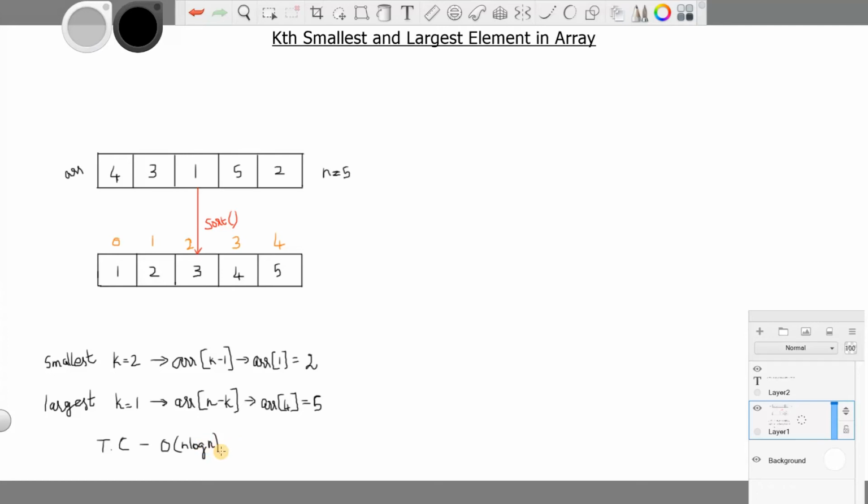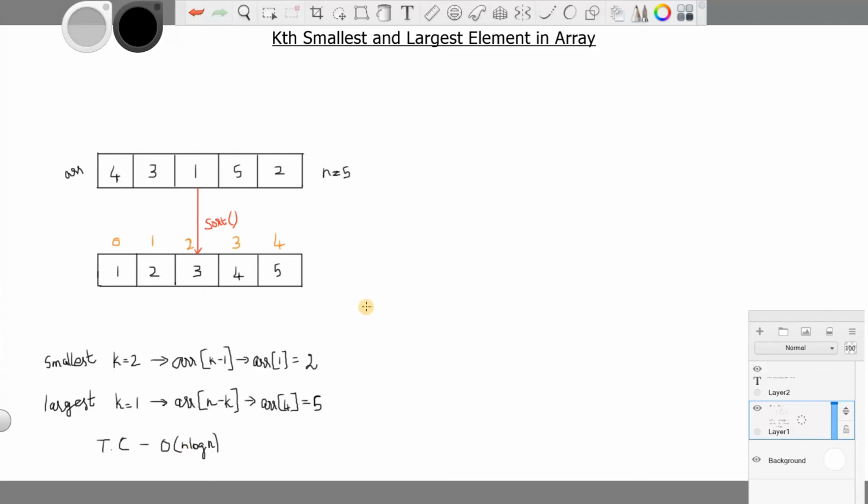This is for the sorting algorithm. Finding the element is constant time. For the sorting operation, the maximum time taken is n log n. You can also use counting sort and do it in linear time, but in the majority of cases you will be using other sorting algorithms like merge sort and quick sort. The average case is n log n only.